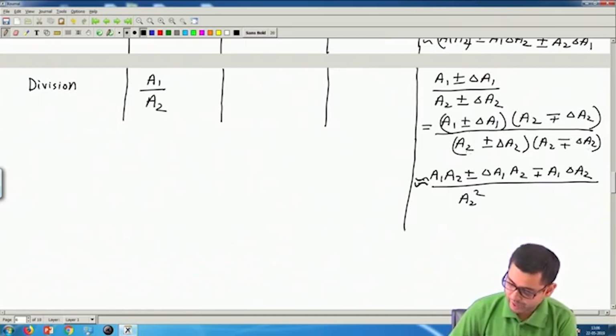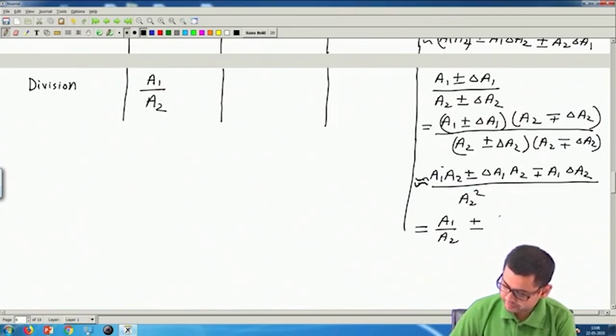So we'll have A2 square, and the product of these two terms is small, so I'm ignoring that. Dividing with A2 square, we'll have A1 by A2, the first term, then one A2 will cancel, then we'll have plus minus delta